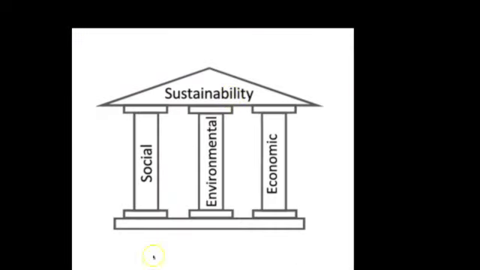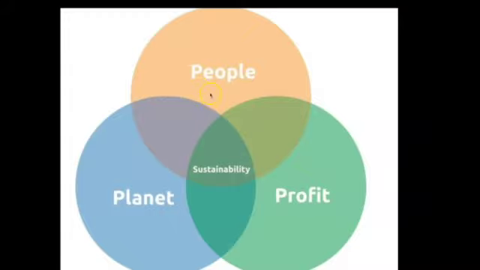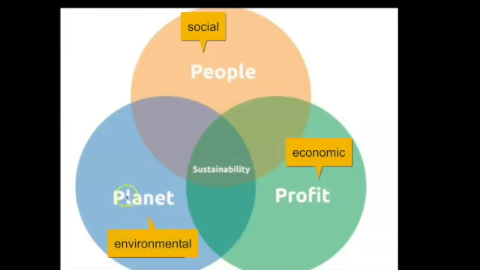And so we could look at it like this, that a sustainable action, activity, or process has to have equal social, environmental, and economic backing it up. Or another way to look at it is that the social is people, and environmental is the planet. And then economic is profit. So people, planet, and profit. And where the three intersect, only when those three intersect, when we're using our natural resources properly, when there's a better quality of life for society, and when there's a fair distribution of resources, now we're talking about a sustainable